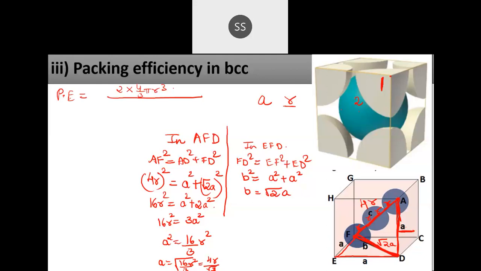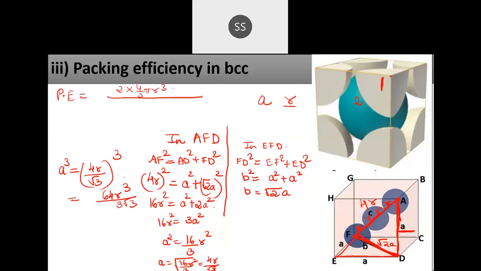After this, what should you do? Cube them. Okay, so you need to cube this. Your A value will be 4R by root 3. Okay, getting the point? So A cube will be how much? A cube will be 4R by root 3 the whole cube. When you cube them, 4 into 4 into 4: 4 into 4 is 16, 16 into 4 is 64, correct? So 64 R cube divided by root 3 into root 3 into root 3. Root 3 into root 3 is 3 itself, then again you have root 3. So 3 root 3.